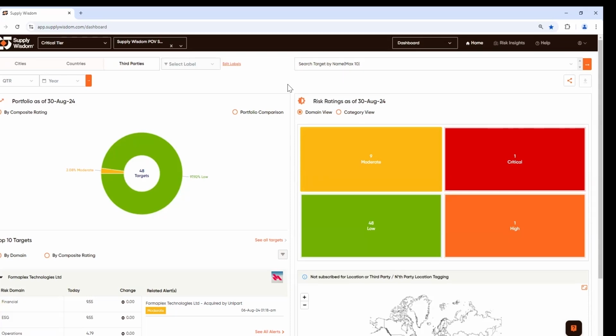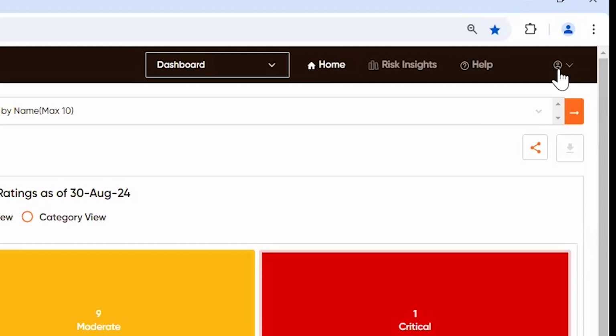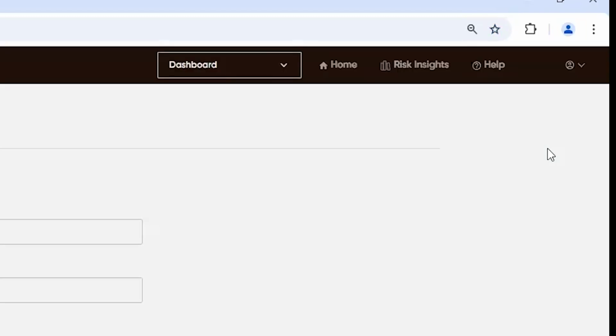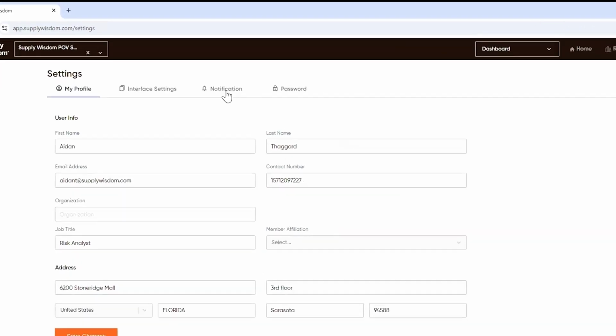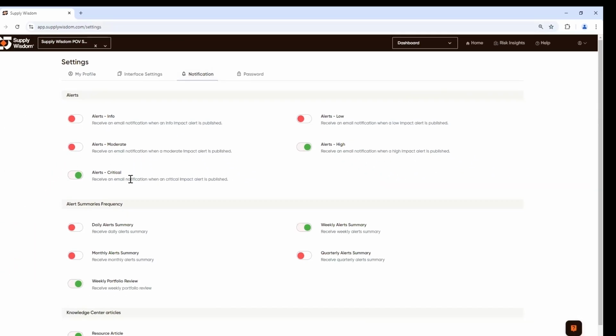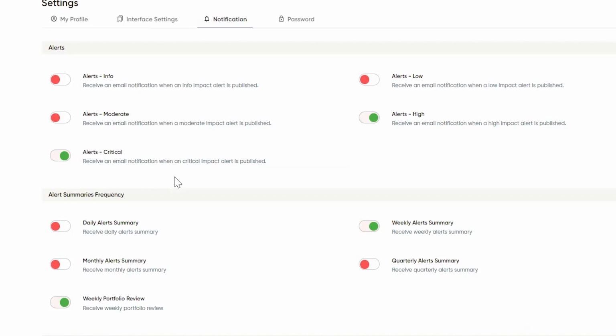So to set those settings, come to the upper right corner here under your user dropdown, open up this menu and select Settings. You'll come over to the Notification tab right here and see that you have a few options in terms of how you want to receive alerts. I want to stress here that these settings impact particularly the email notifications that are delivered to you in terms of alerting. So regardless of what you set here, you'll always have access to your entire record of alerts in the platform. This is how you set what you receive via email.